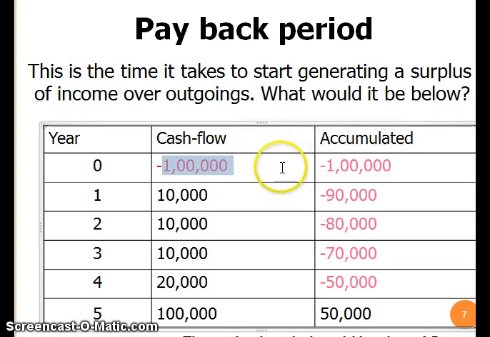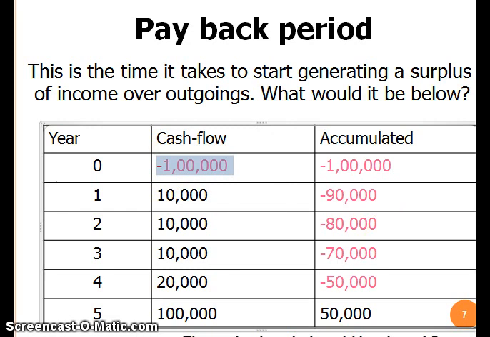So when you can see in the 0th year, the 1 lakh will be as such as your debt, and in the first year you get 10,000 as return, so you can pay it. So remaining amount to be paid back is 90,000, and in the second year your returns is 10,000, so you pay back the 10,000, so the remaining money to be paid is 80,000. So likewise, in how many years you can pay back your initial investment.